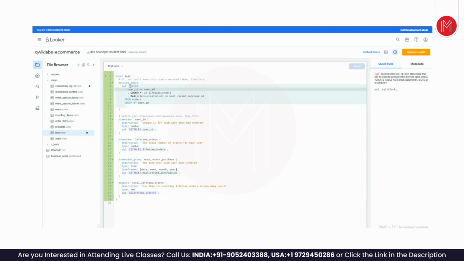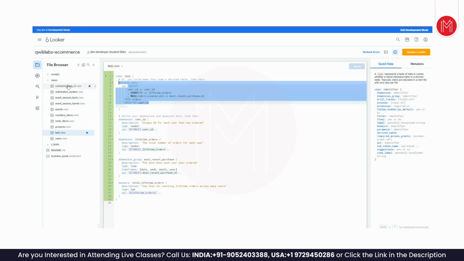You can write your own SQL, as I told you. You can write select user ID. You can do all the customizations. Let's say you don't want all the fields from the table. You want selected fields, and you want to do joins, rank logic, and all of that. Complex SQL you want to write, you can write on your own. So the basic difference you will see here